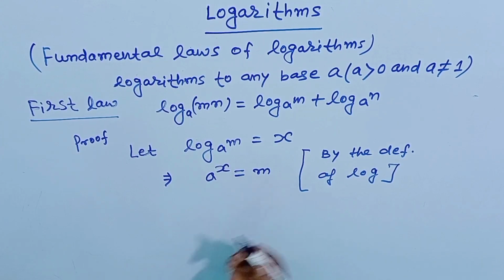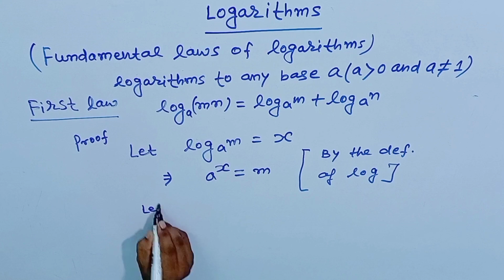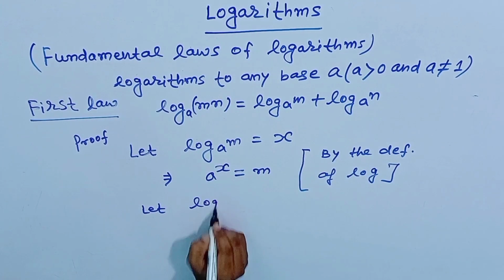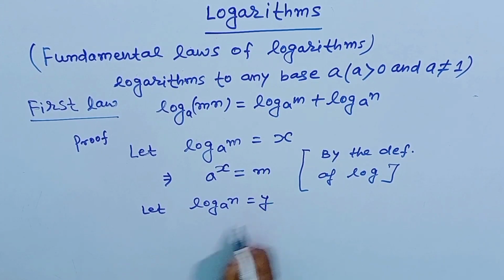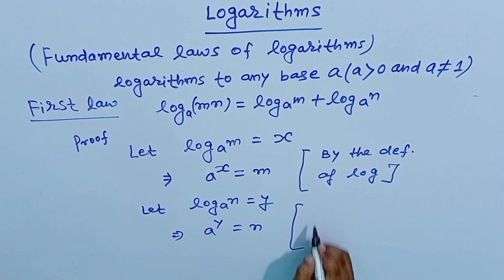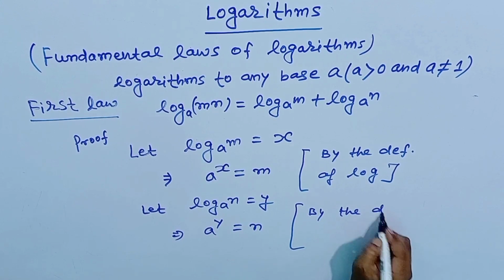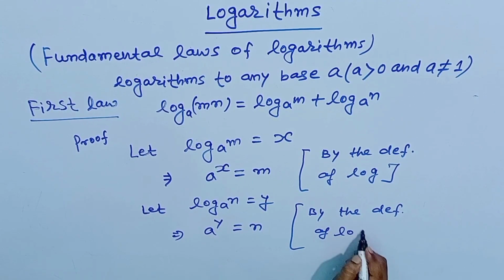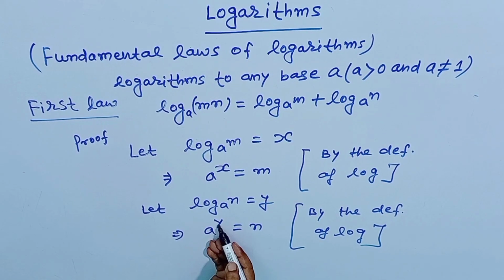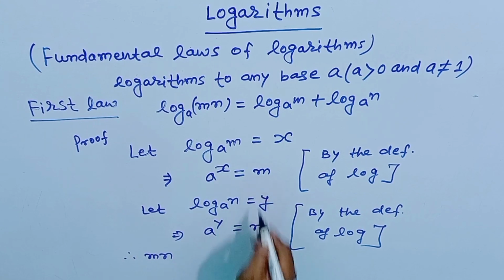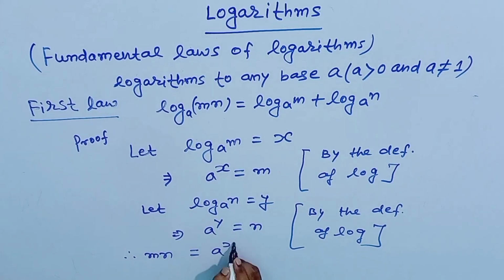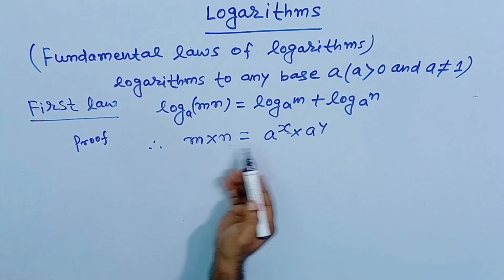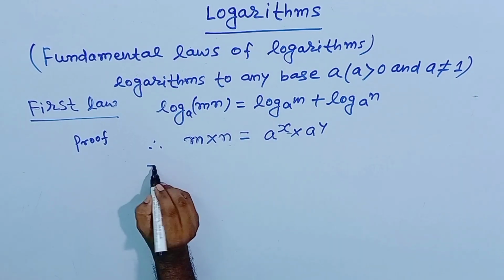a raised to the power x will be equal to m। नाउ अगर हम यहाँ लिखें let log of n to the base a is equal to y, सो हमें मिलेगा a raised to the power y is equal to n। यहाँ हम लिख सकते हैं by the definition of log। सो जब हम m into n लें, सो हमें यहाँ मिलेगा a raised to the power x into a raised to the power y। सो हमें मिला m into n is equal to a raised to the power x into a raised to the power y।